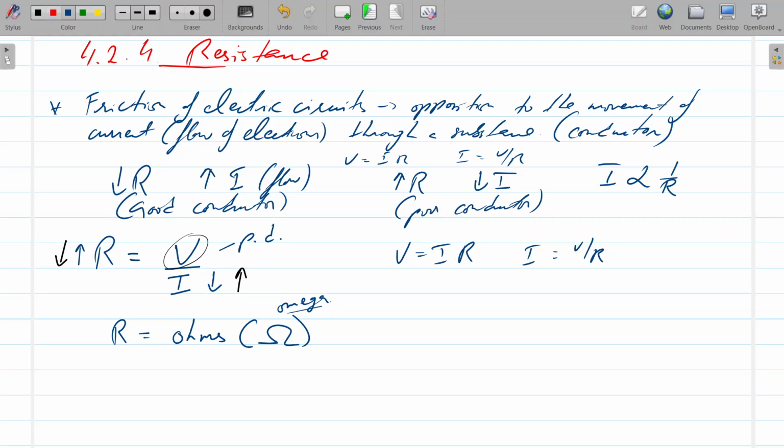For example, if you have a current of 2 amperes and you have a voltage of 12 volts,